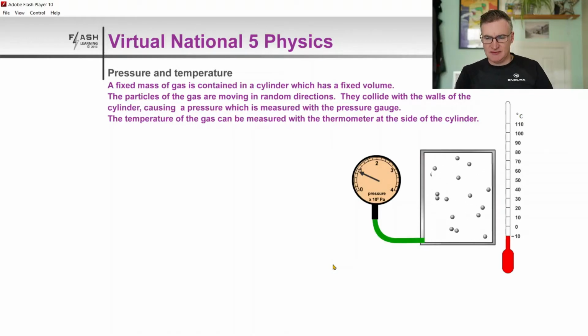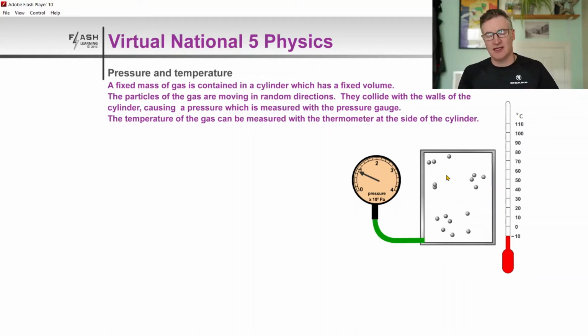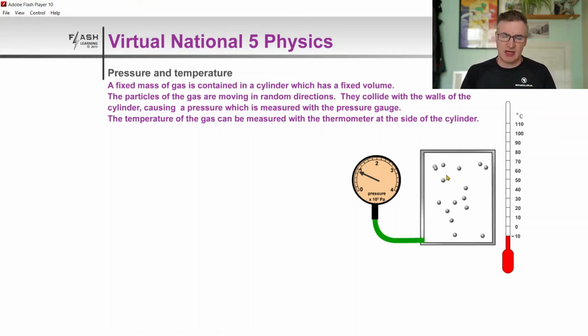So back to the virtual physics, and what we can do is to explain in terms of kinetic theory, which is our other side of this. We're going to qualitatively explain in terms of kinetic theory about what's going on here, and then we'll look at a quantitative approach by taking some results and doing some graphs. And so qualitatively, what's going on is that as you increase the temperature, and I can increase the temperature just by